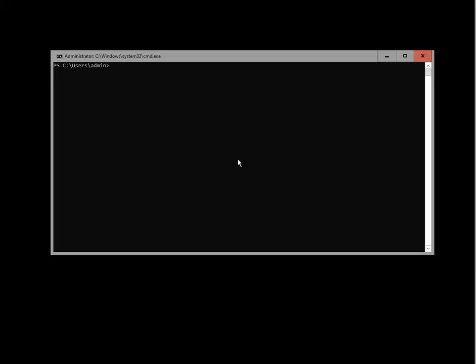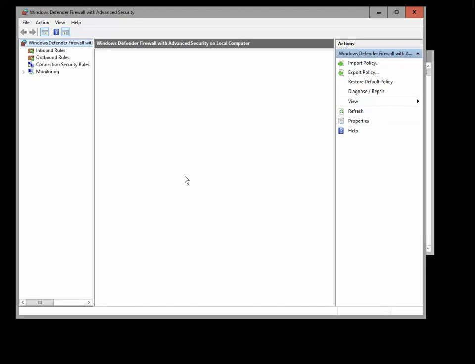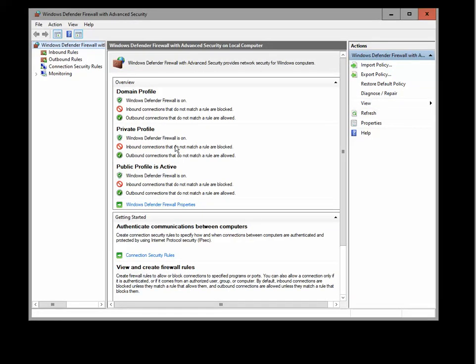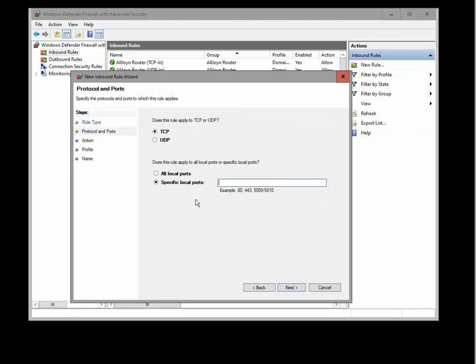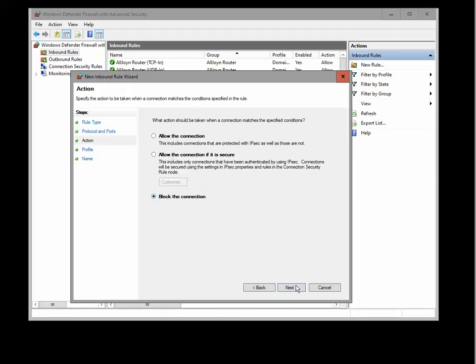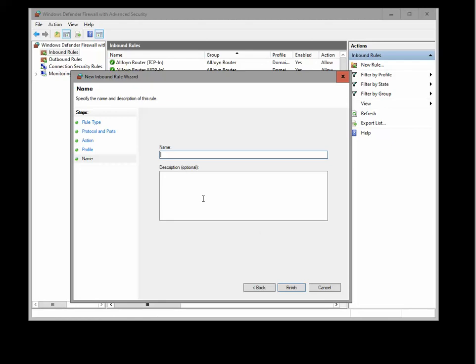Okay, so first of all, what we're gonna do, we're gonna go to our wf.msc, so of course our Windows security and our firewall, and in our inbound rules I'm going to create a new rule, and for the port, of course, TCP port 3389, the access is going to be blocked, so the connection is going to be blocked for everything. I'm just going to call it block RDP port 3389,